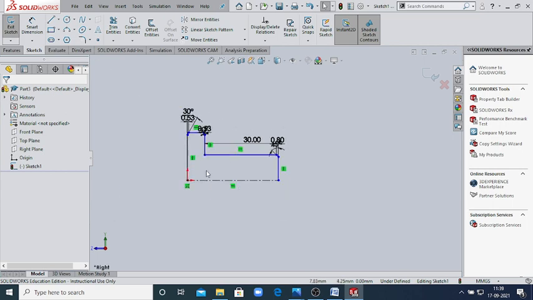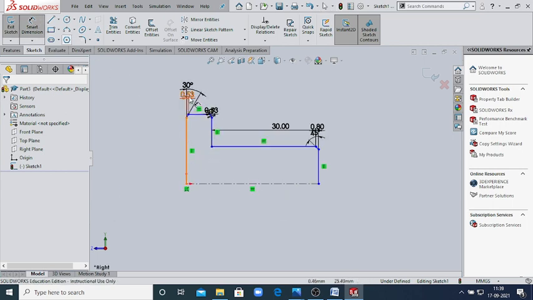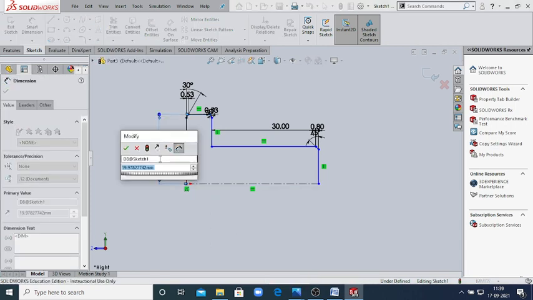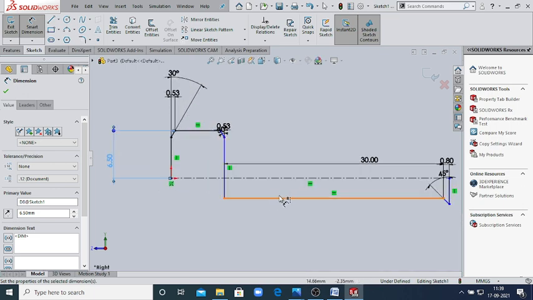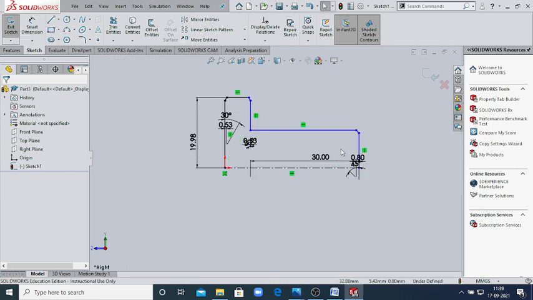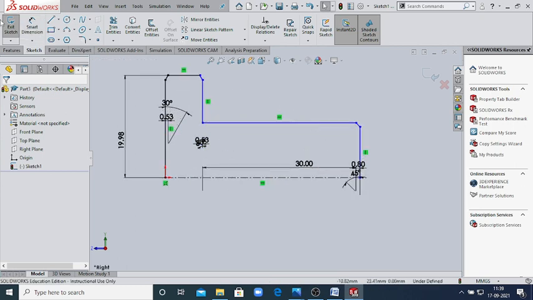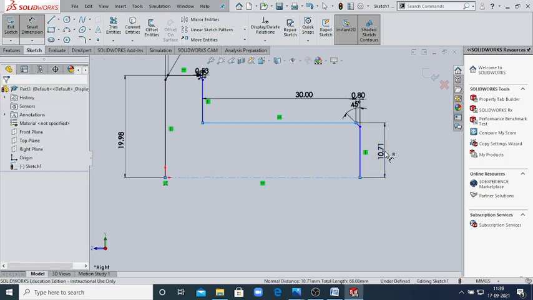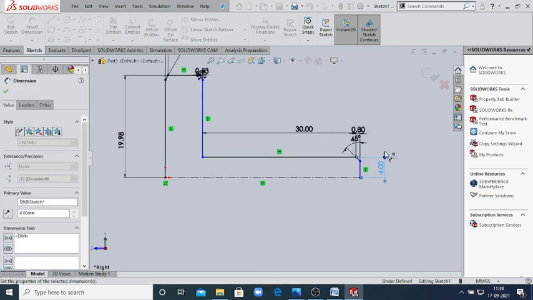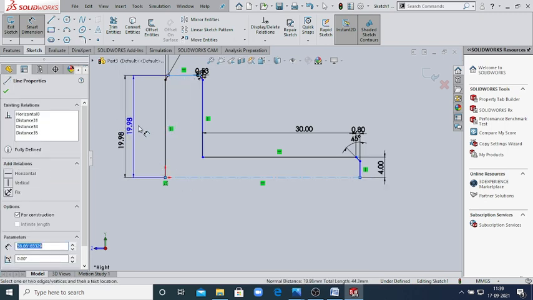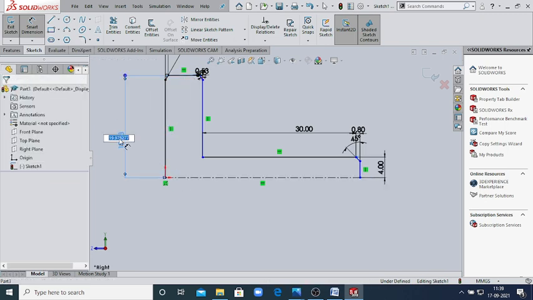Okay, so now our all this dimension is almost, I think, no, this dimension is missing. So this one is 6.5 mm. This value is 4 mm. From this point to this point is our value is 4 mm, and this value is from this point to this point, the value is 6.5.